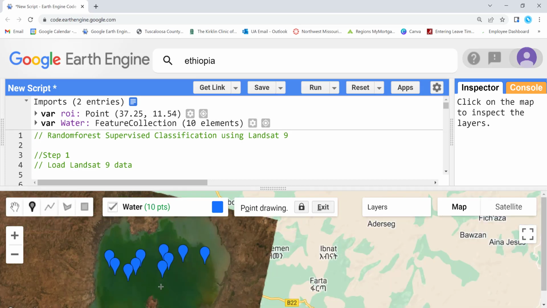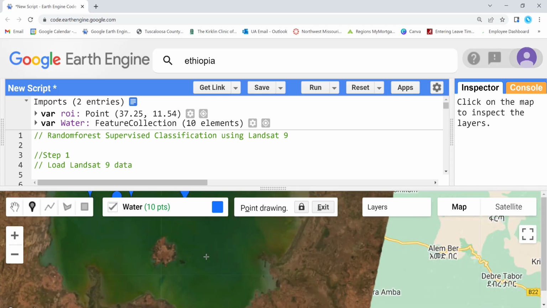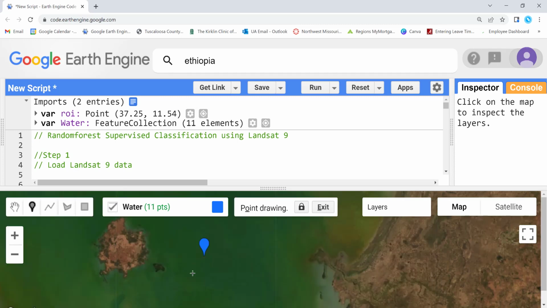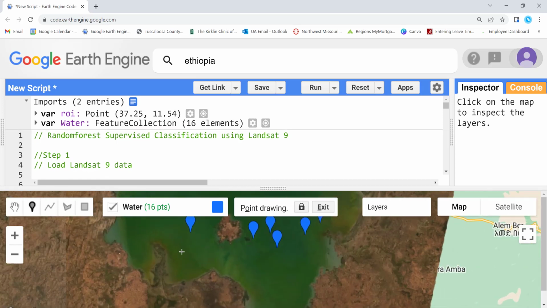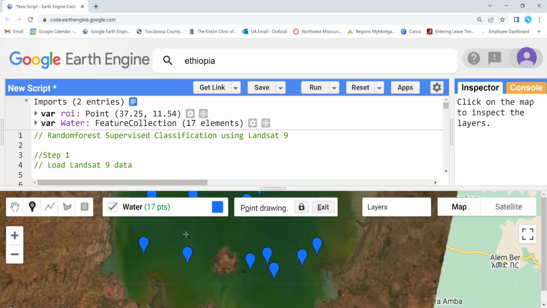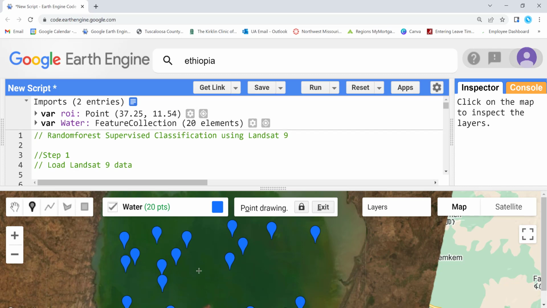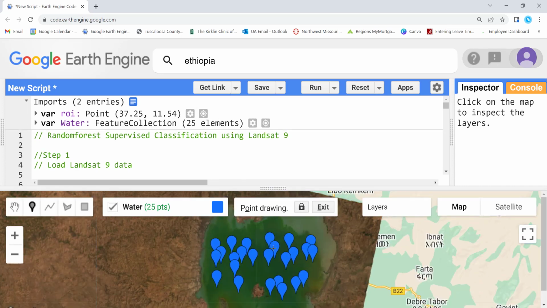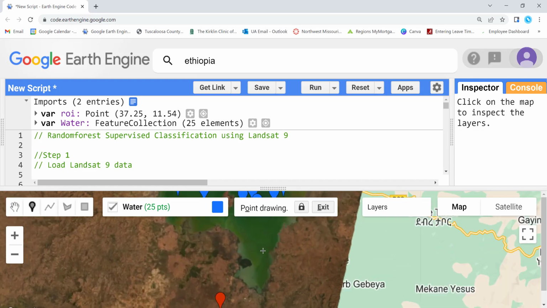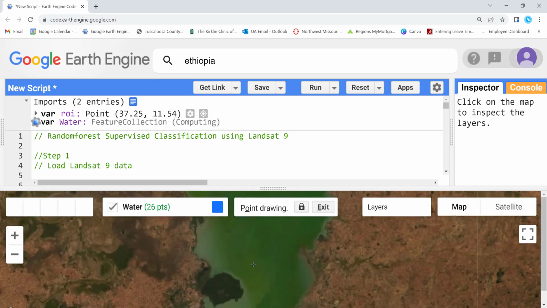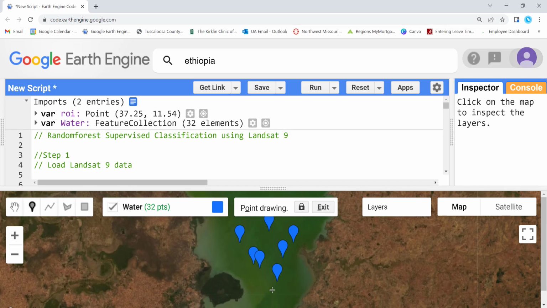and I'll just drag it here, zoom in here a little bit, to make sure that I don't have other mixed classes. I'll just generate the water class within this lake area, and I'll just move it to the other part of the lake here. We have about 30 data points, so this should be good. And I'll go ahead and create the next